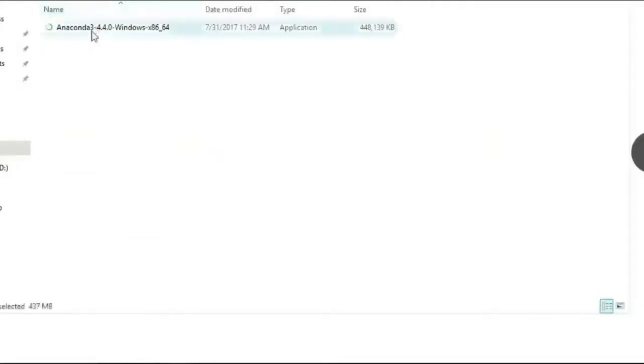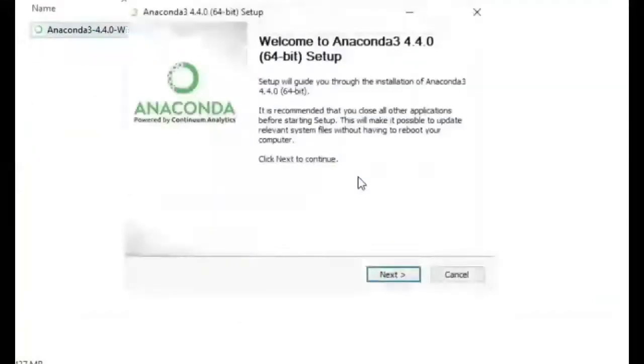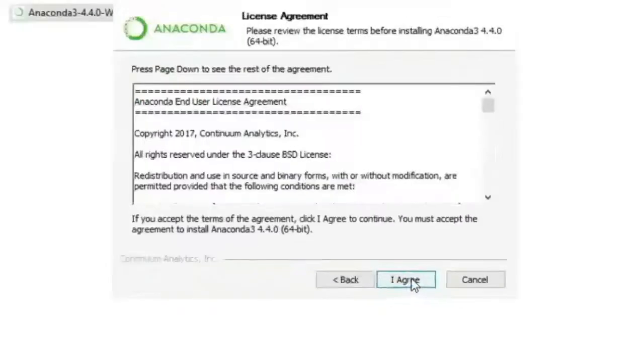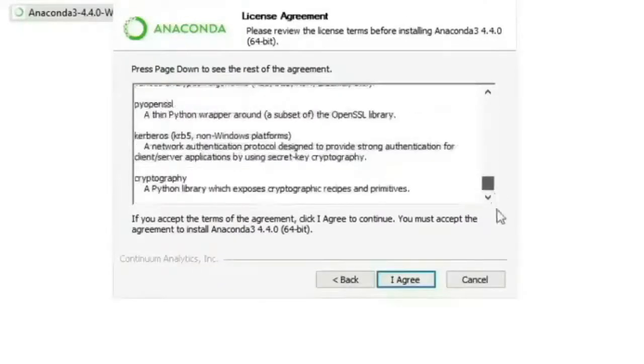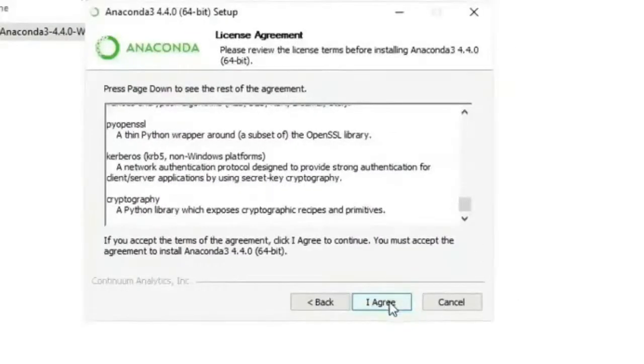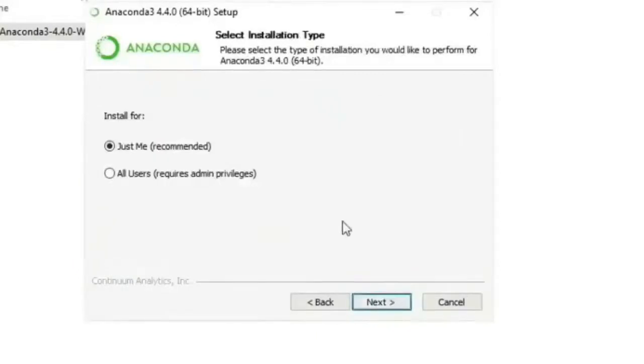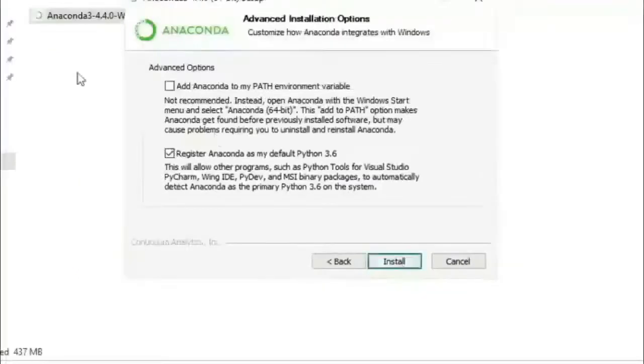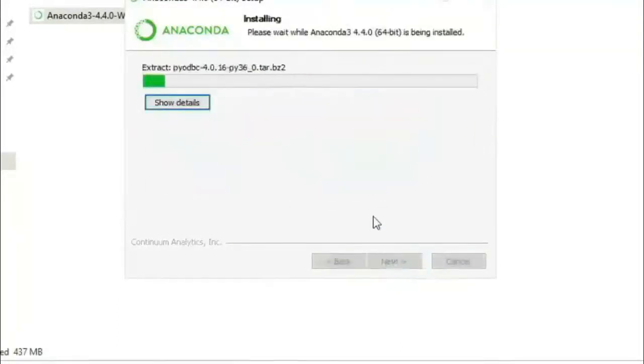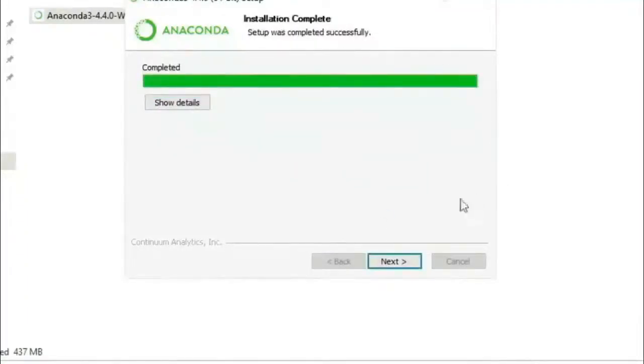Then I'll double click on the package, and the usual way I'll use the wizard and install Anaconda. Okay,